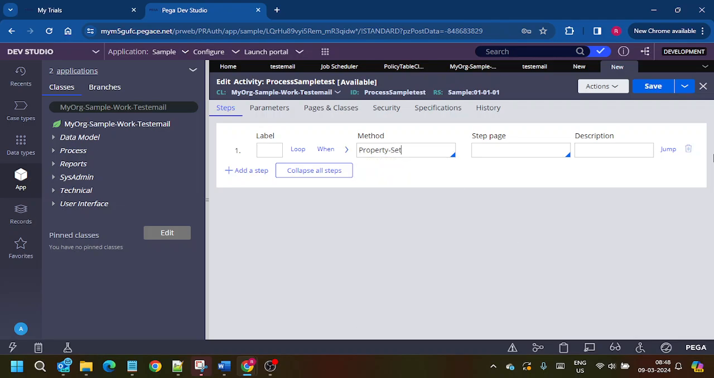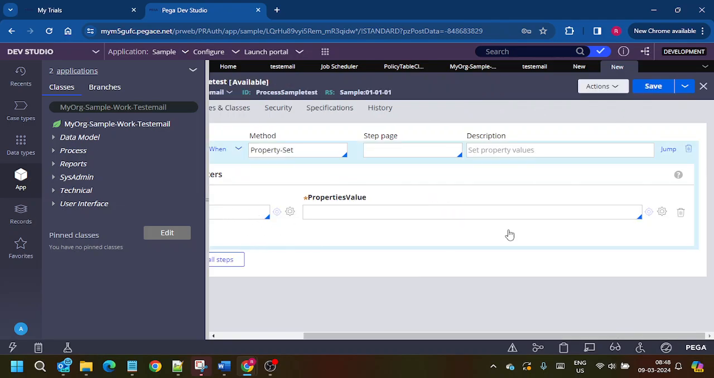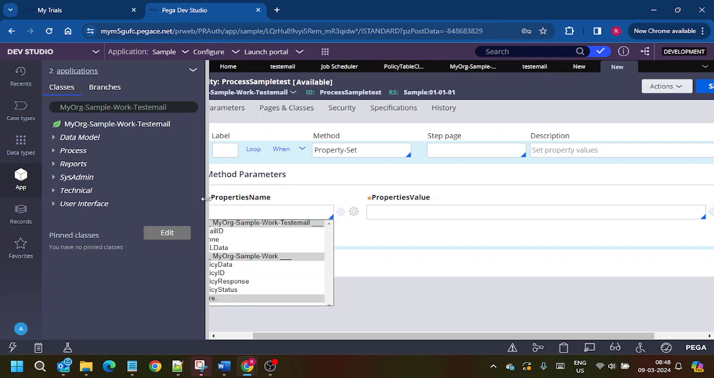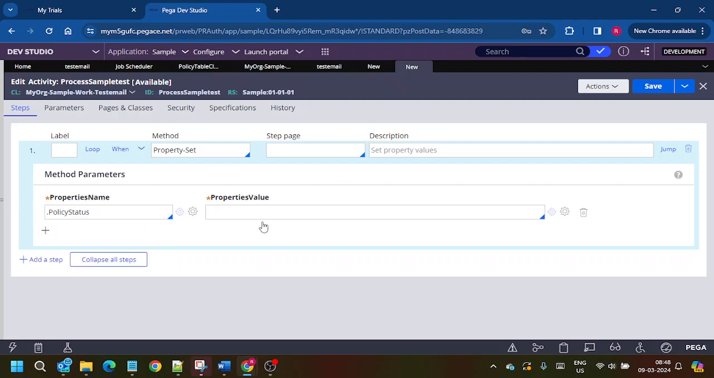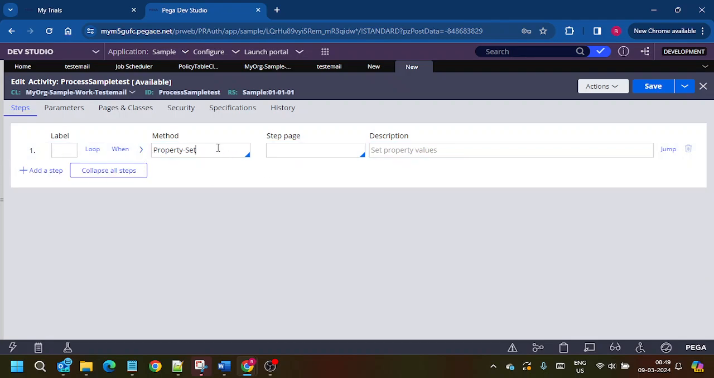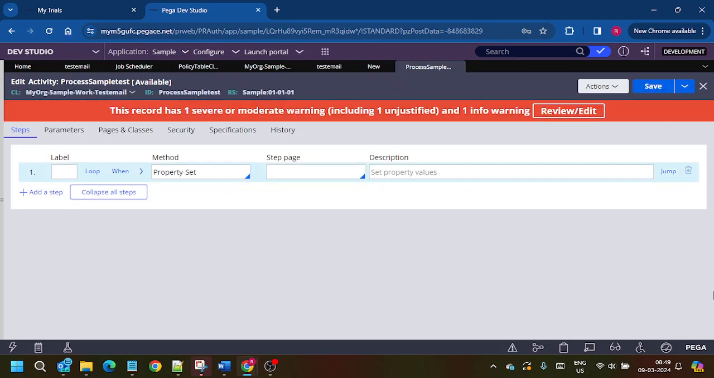For suppose I'm using property set, changing some properties. We have the fields, right? These many fields are there. For suppose I'd like to update the policy status to policy in progress. It's not an ideal business scenario, but something like that. We are updating